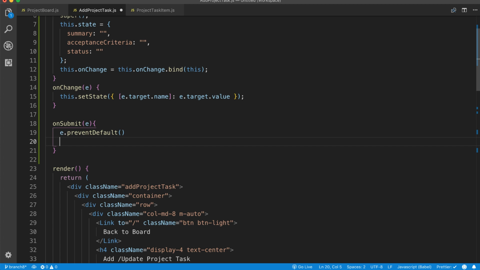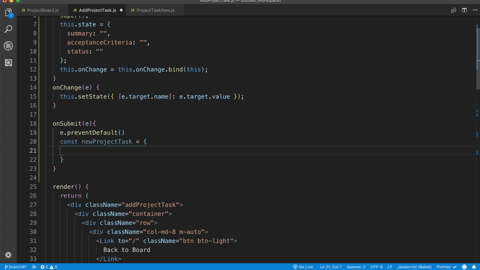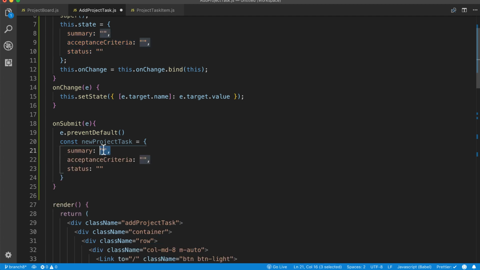All right, so this is what we're using here. Then what I'm going to say is const newProjectTask, right? And then we're going to create a new object. Now this is where things start making a little more sense, because what we want to do is literally grab this here, and this is the object that we're constructing, obviously,